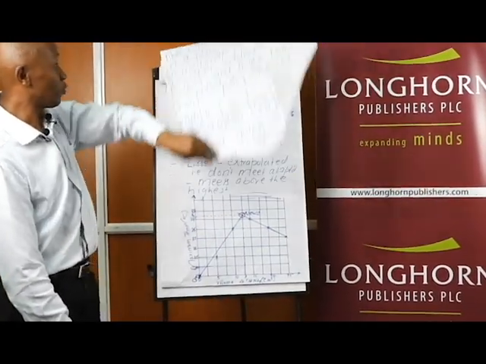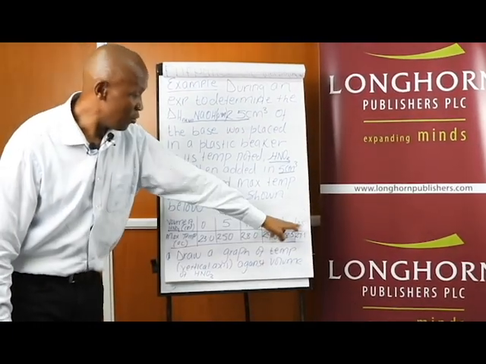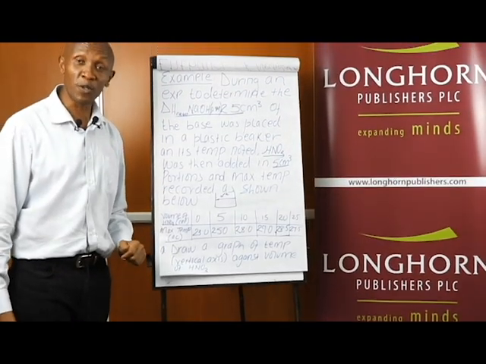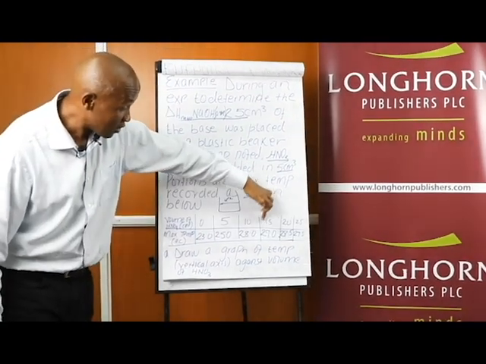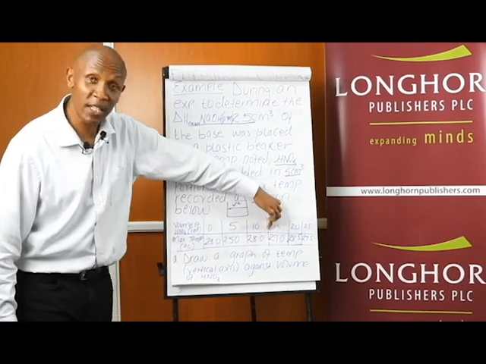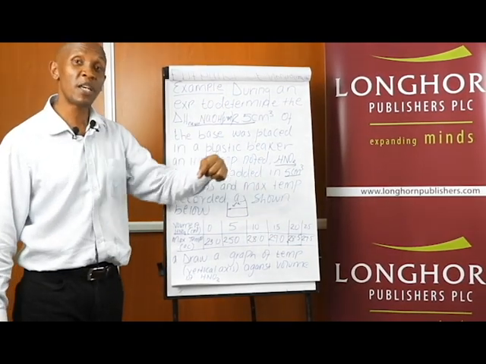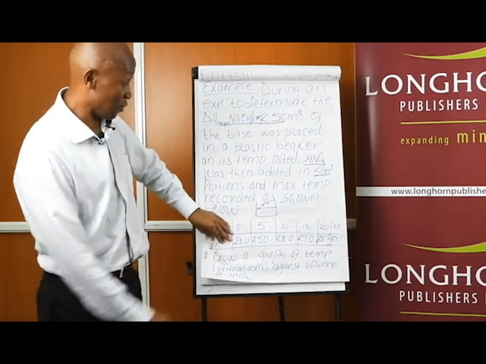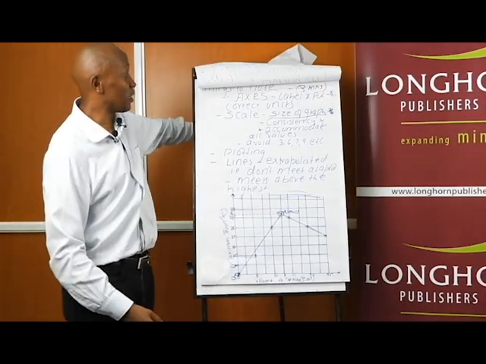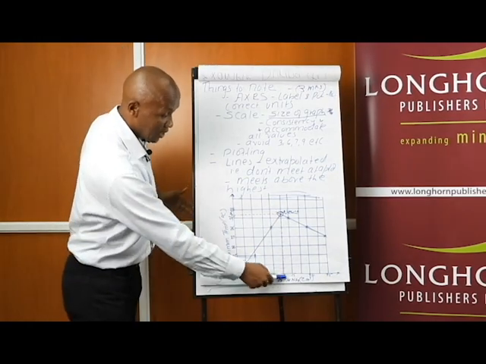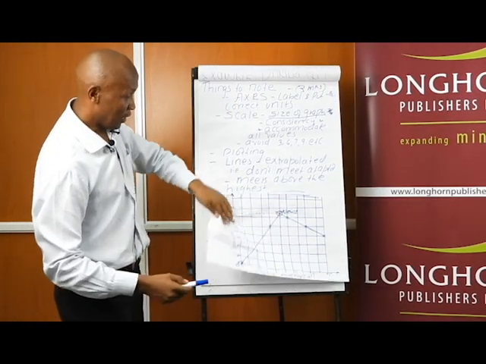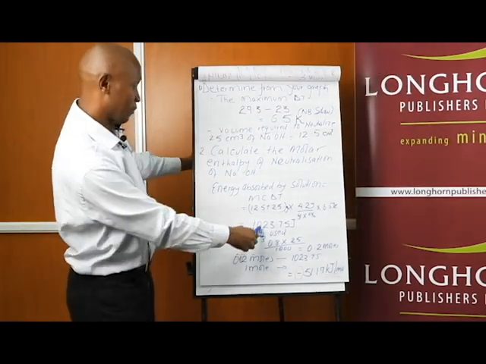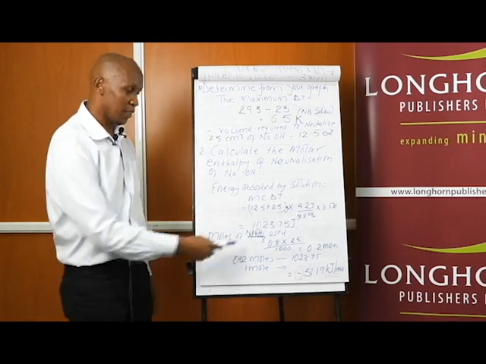I've seen some students who go to the table and they use 25 plus 25. My friend, you did not use 25 to neutralize the sodium hydroxide. The neutralization actually took place at this particular point. So you need the volumes at neutralization and not the total volume. That is important; you need to note that. So you add this volume to the 25 that you had used. That gives me that amount of energy,